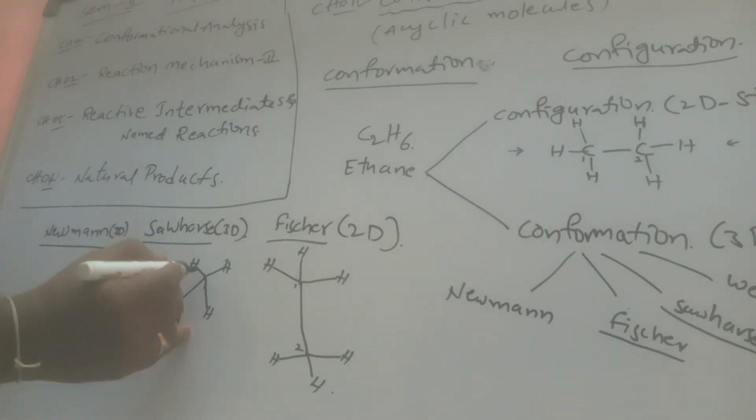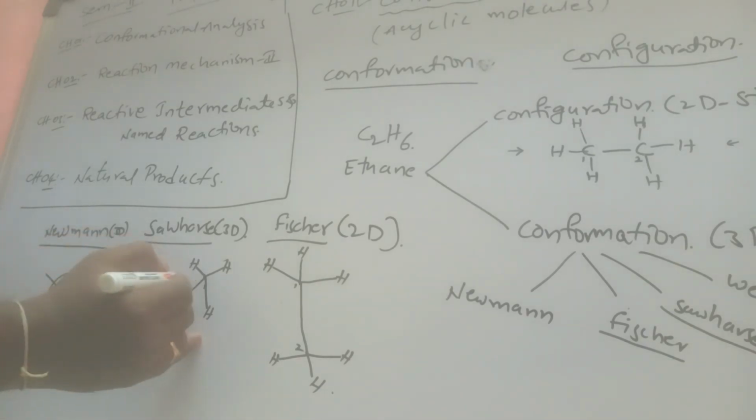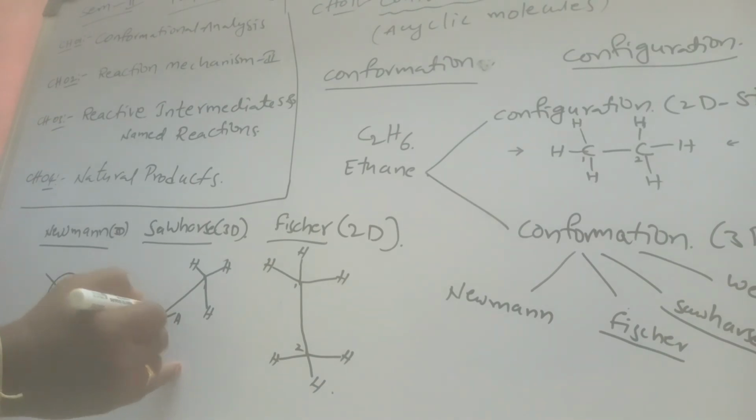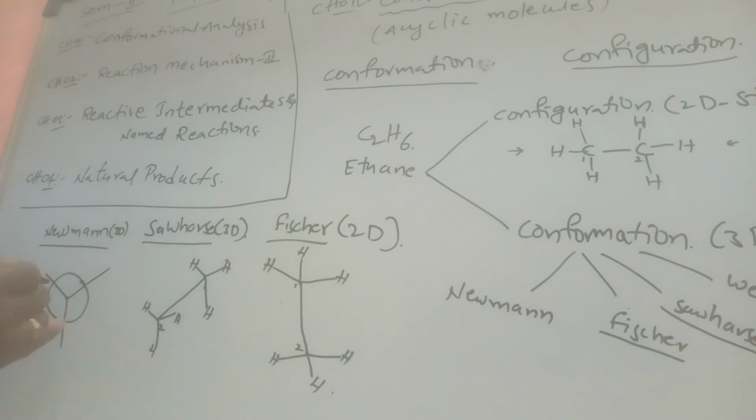So the first carbon has 3 bonds. The 3 bonds can be written as in the sawhorse, like a Y. The second carbon also has 3 hydrogens, which are also written as a Y. So these hydrogens on the second carbon are on the back side of the first carbon, so they are not visible. That's why we put them as small bonds like this, at the back side of this bond. So all the bonds carry the hydrogens like this.